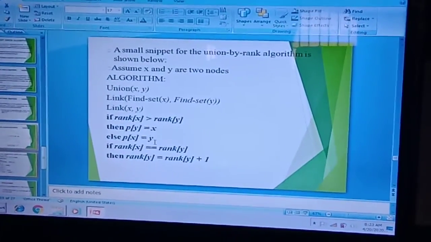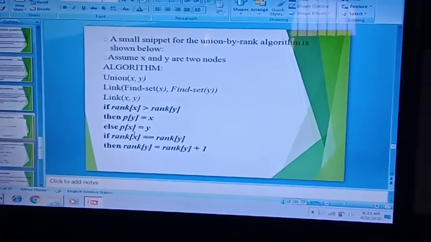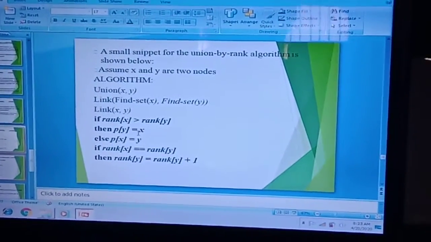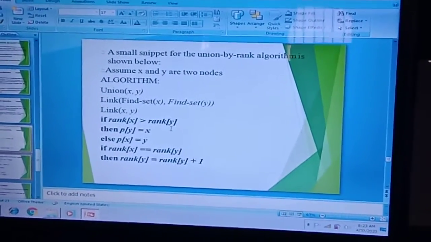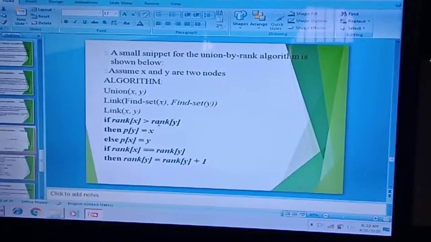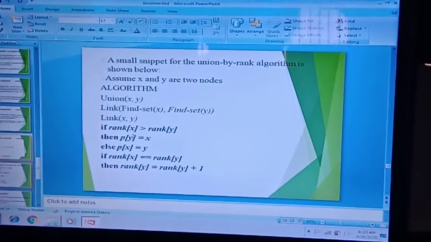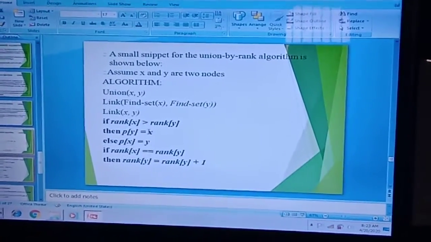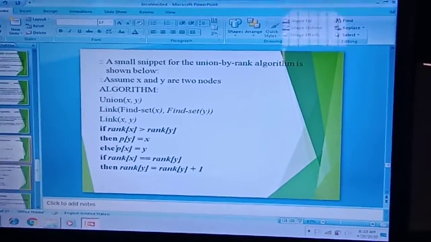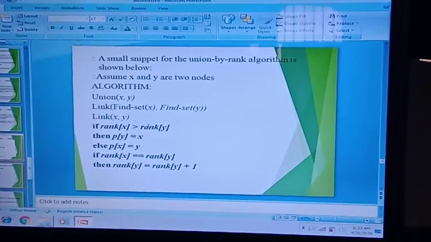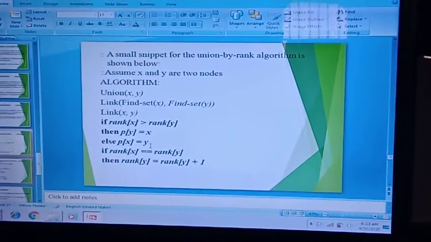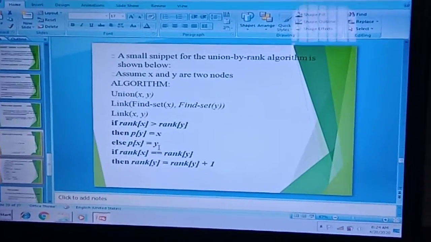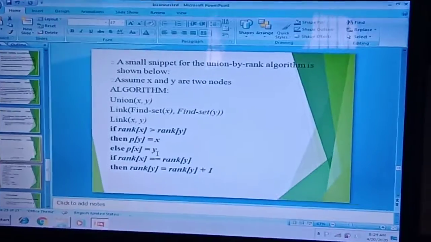Which element should exist as parent and which as child depends on this condition. If rank of x is greater than y, if x is greater and y is less, then simply the parent is y and the child is x. And else, if x is less and y is greater, then the parent is x and the child is y, because you always have to check that right elements are in the right subtree.